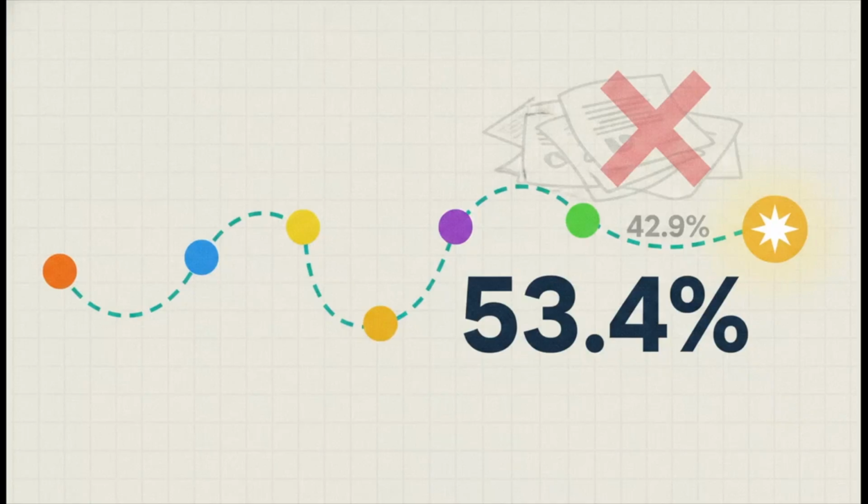Let's move on and see how this builds when the questions get complicated. We're talking about multi-hop reasoning. This is when a question requires pulling information from across many different documents. For example, why was the software module changed and what downstream systems were affected? In benchmark testing, graph systems scored 53.4% accuracy on these complex questions, completely blowing standard vector-only retrieval out of the water, which scored just 42.9%. The takeaway? When the question requires a journey, you absolutely need a map.